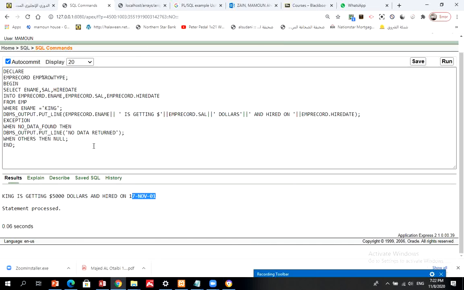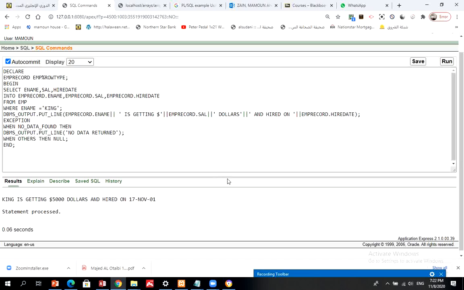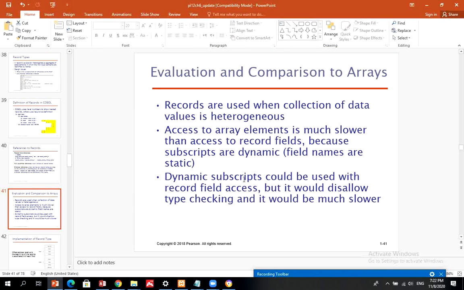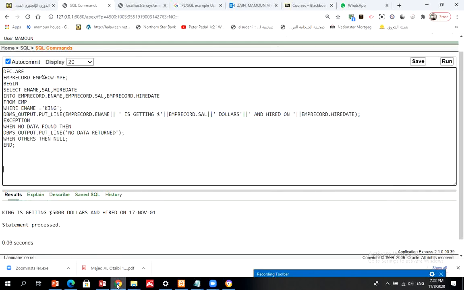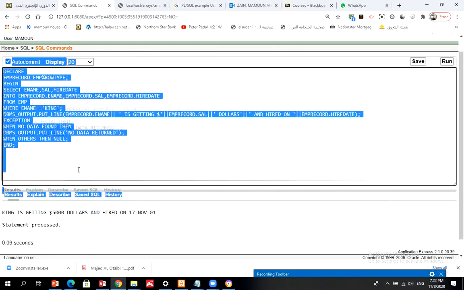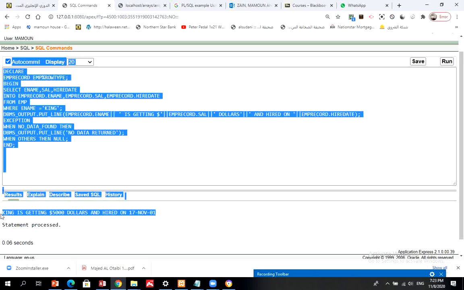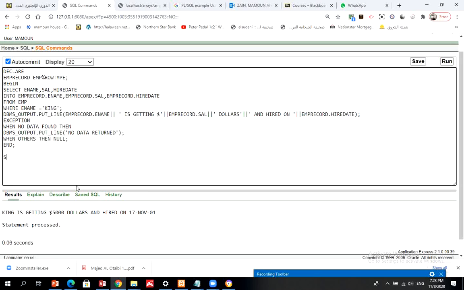In this example, let me write one statement that uses static descriptions. Instead of using a record, you just use a select statement like that and get the same result. Instead of all this program, you can use only this statement, which is select